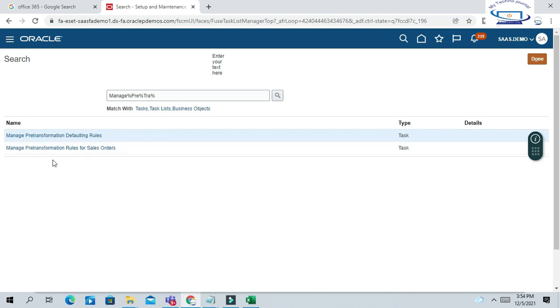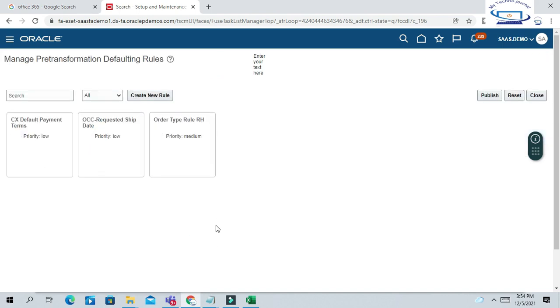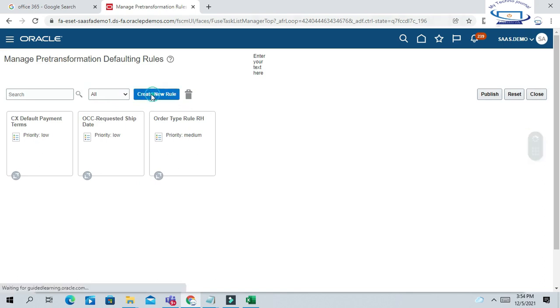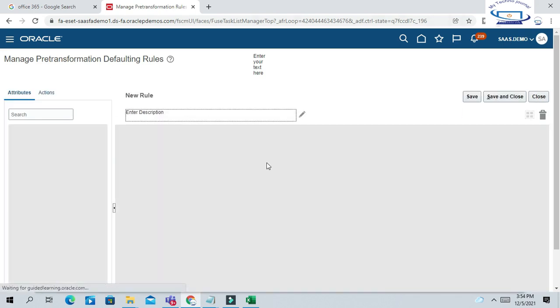Select manage pre-transformation rule for sales order. Click and create new rule.